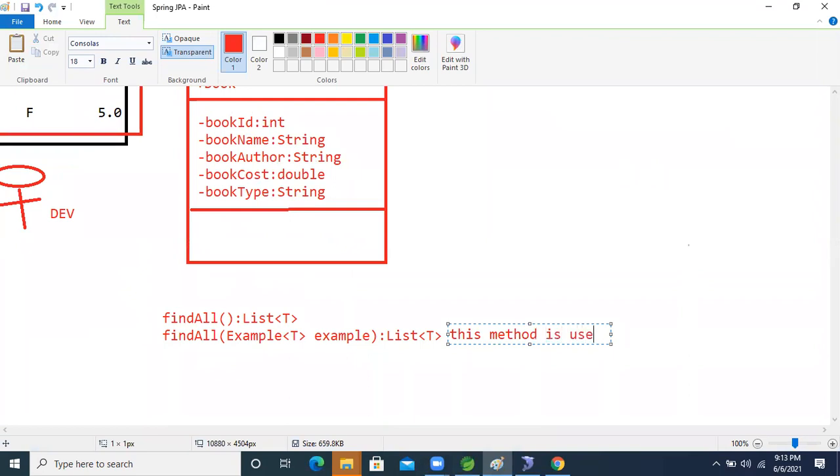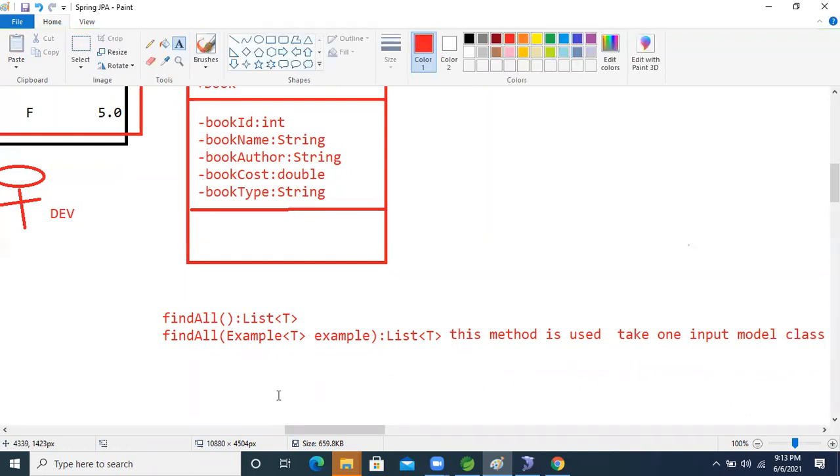This method is used to take one input model class. It will take one model class input.